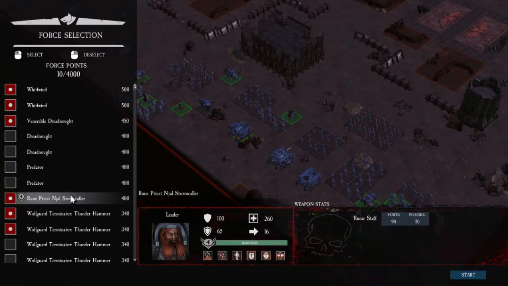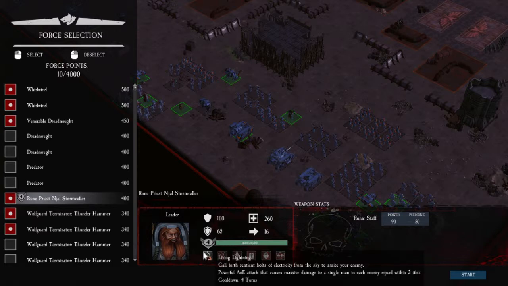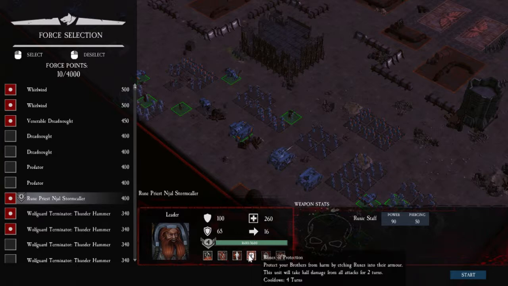I'm going to take a Ruin Priest, and the reason for that is I think with his abilities, this should be really beneficial here. If he has his guys grouped together, we can try to do some Call Lightning. If he gets too close, then we can just paralyze guys. He has the ability to smack somebody in the face if they get too close. And then if we get into close quarters combat with our